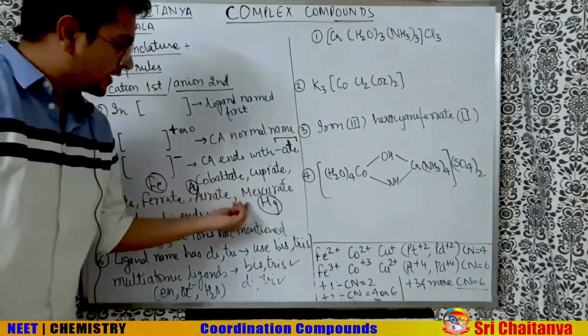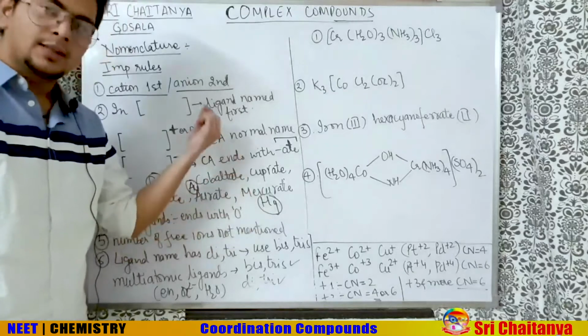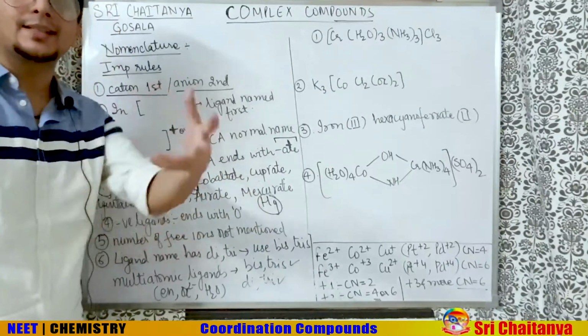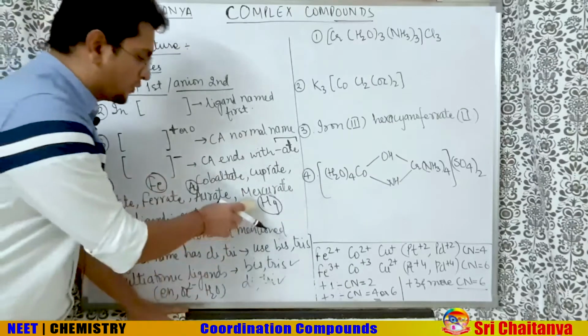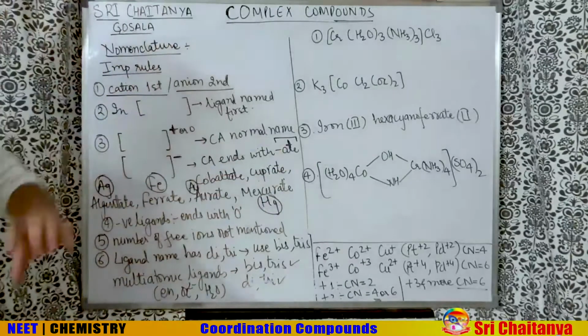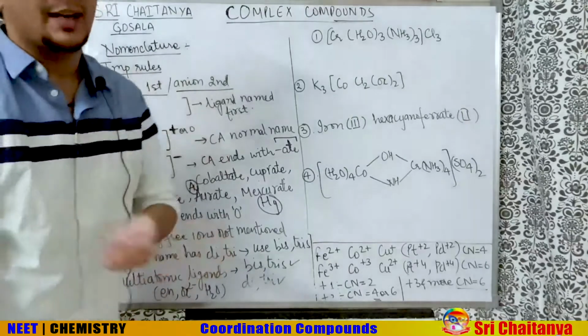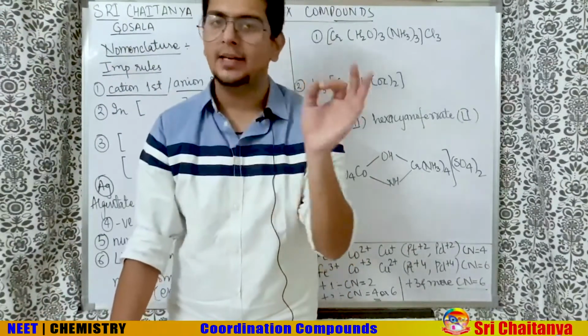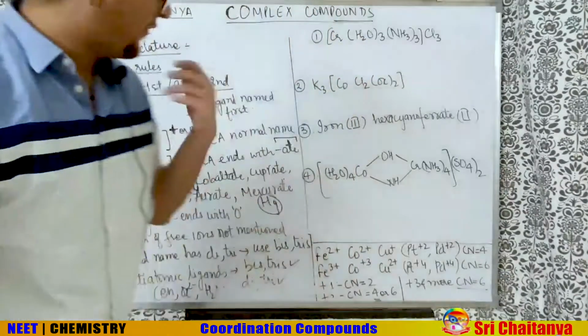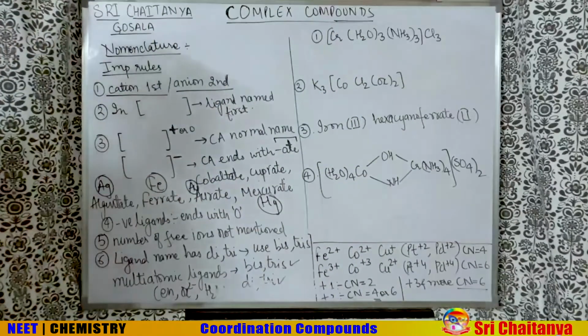Whereas in the case of mercury, even though the symbol is not from English, it's a Greek-derived symbol, still we are not using the Latin name at the end, we are using mercurate. So you have to keep this in mind. Mercury remains separate; cobalt becomes cobaltate, zinc becomes zincate, copper becomes cuprate, this kind of thing. The ending will be -ate for the central atom when the box has a negative charge.